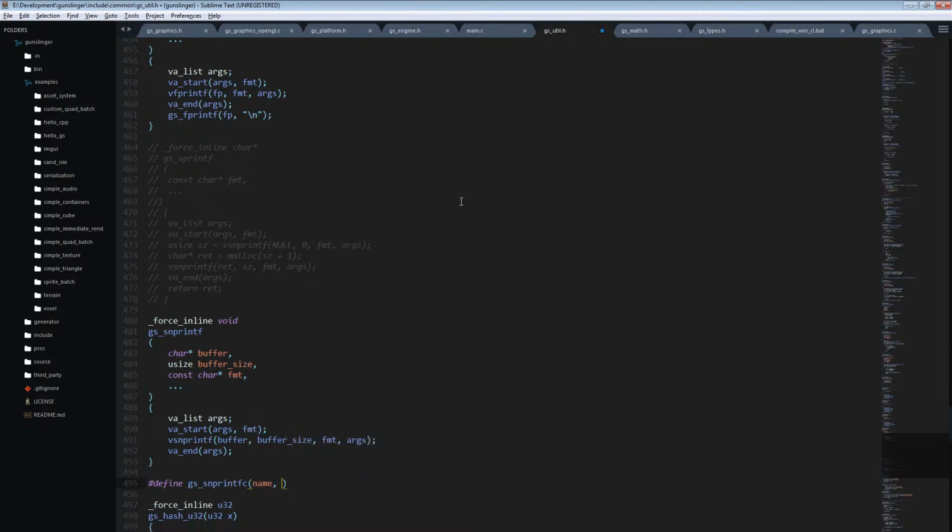And we'll just say name, size, format, and then our args. And we'll do character name, size,